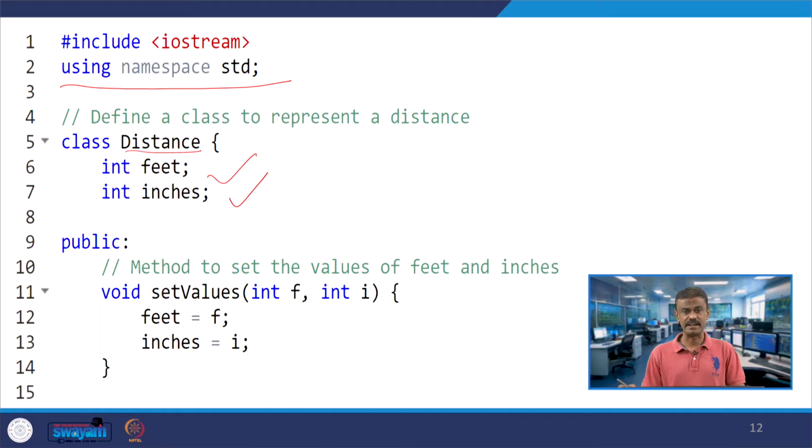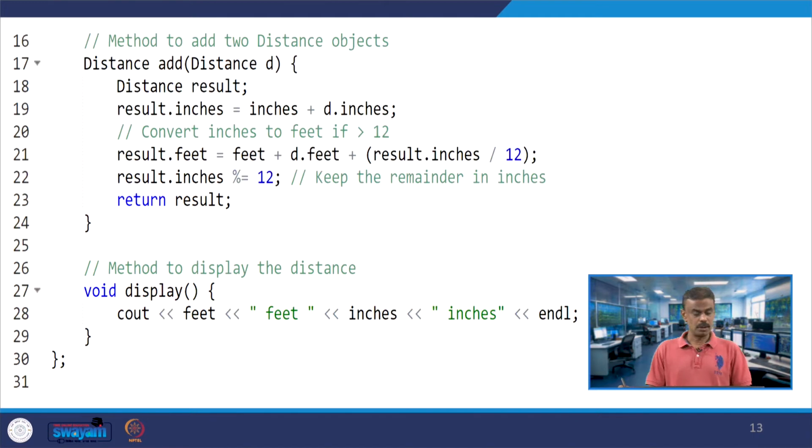So, here I have set values, int f and int i. So, feet is equal to f. Whatever input you are taking, that is being passed, it will be stored as feet and inches under that particular object. So, feet is equal to f and inches is equal to i.